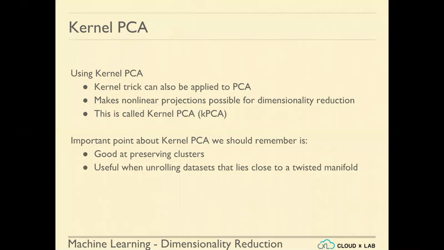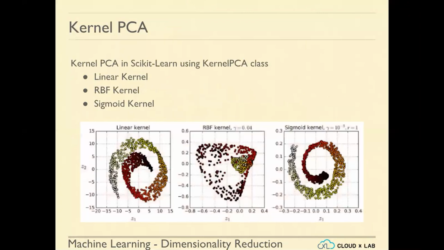algorithm. It's important. The important point about kernel PCA is that it's good for preserving clusters, and useful when unrolling datasets that lie close to a twisted manifold. If your dataset is kind of a twisted manifold, you can't really use the normal PCA. In that case, you will need to use some variation of PCA in kernel form, which is KPCA. Okay, so in case your data is in either of these forms, you will need the kernel PCA. For this, you will need a linear kernel. For this, you'll need